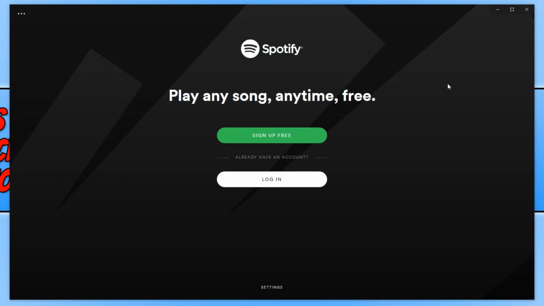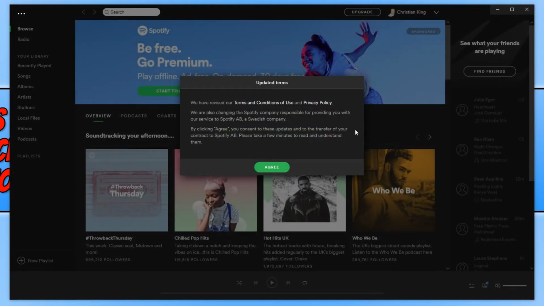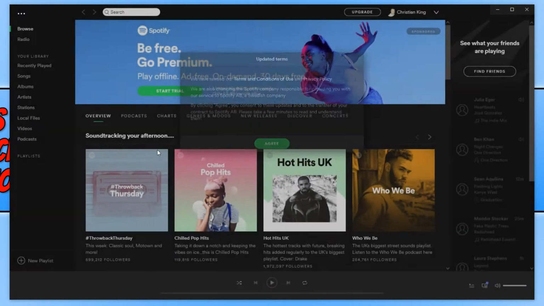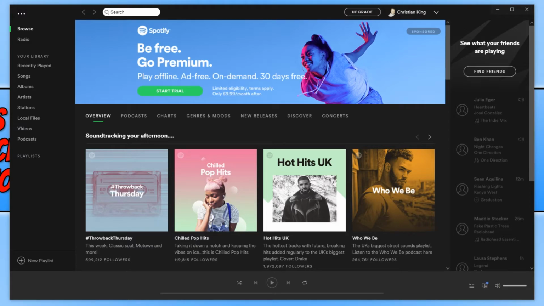Once Spotify has finished installing, you should now have a window that looks like this. You now need to sign up for free, or if you do already have an account, you can click on Log In. It takes 2 seconds to sign up, but you do need to use a valid email as you will need to activate your account. Once you have logged in, you now need to go agree and you can now browse their massive library of